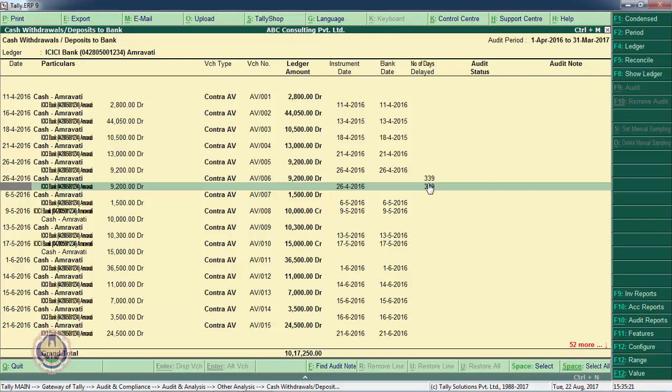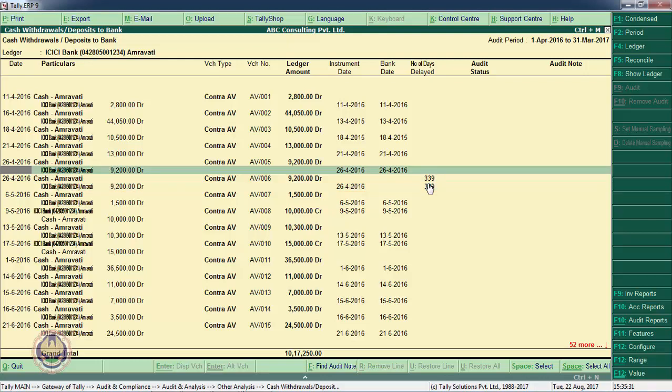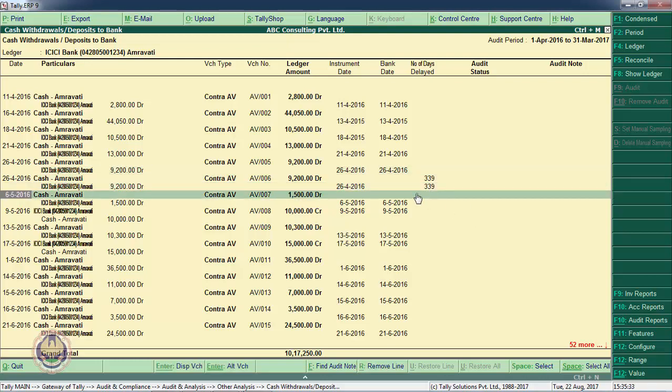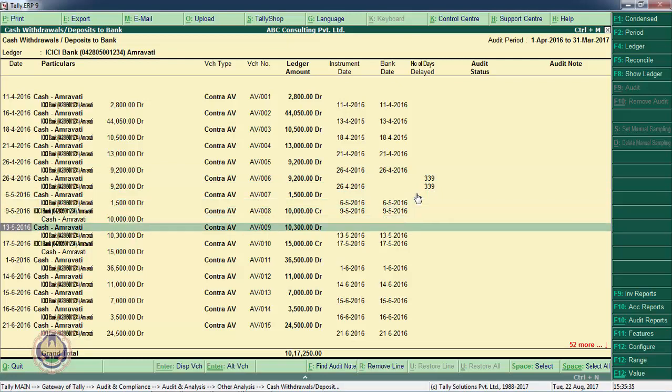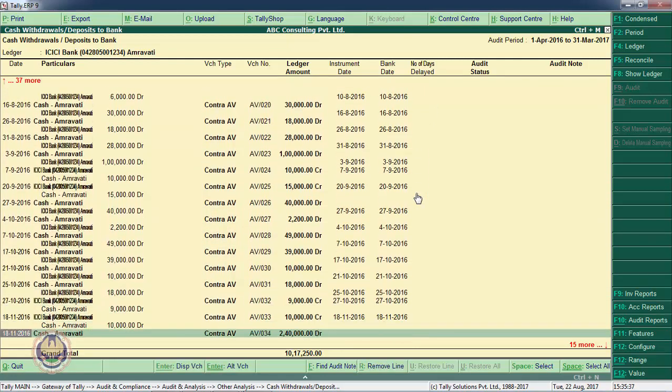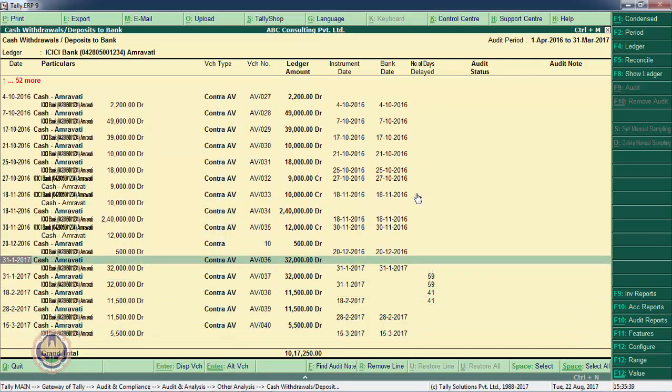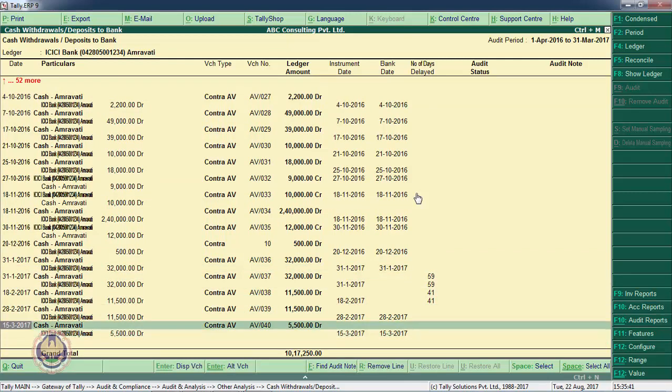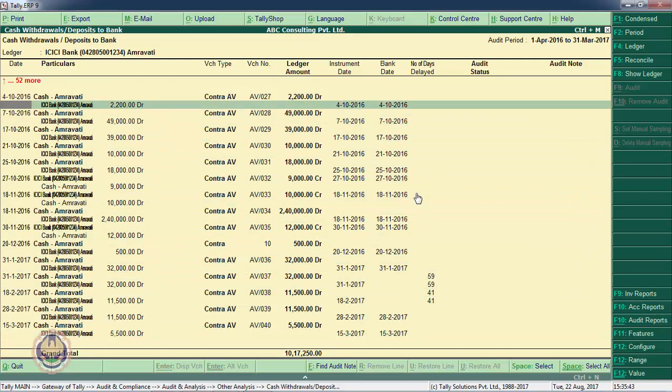We are depositing cash into bank today, the bank must record it today itself. If we are withdrawing cash from bank, bank must record the transaction on today and we also must record the transaction on today. There is a gap of 339 days. What is the reason behind this gap? Now it is the job of auditor to find out the reason and to report the matter to the management. So these are the cases.